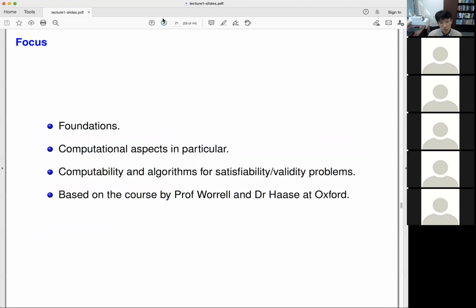So as I said, the course is focused on foundations of logic. And in particular, we're going to focus on computational aspects, which means that we will study some deep theoretical results such as the compactness theorem, but the reason we study them is not because the compactness theorem is cool. Instead, we're going to use these theorems to think about algorithms or semi-algorithms for checking whether certain statements in logic are true or not. Okay. So we also look at various computability and algorithm questions, and the course is based on the